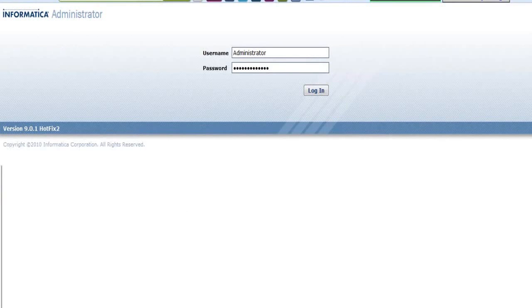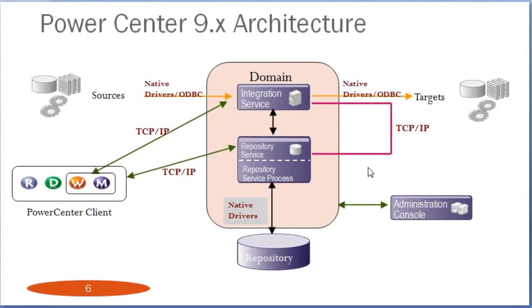This part is completely managed by your Informatica administrator. There are two types of roles in any ETL project. One is an ETL developer, another is an ETL administrator or Informatica administrator. This administration console is completely used by the Informatica admin. We are not going to touch it if you join a project as a developer. But we are going to understand the complete basics, and what the roles and responsibilities of an Informatica administrator are.